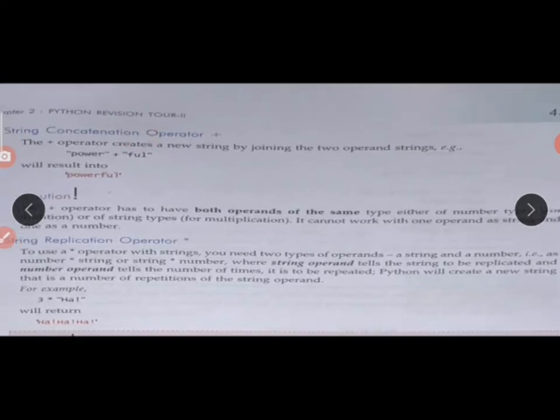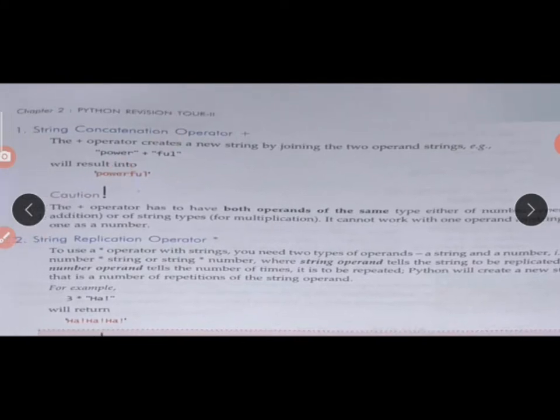Those are arithmetic operators, so the result is 'powerful'. Using the plus sign, the strings are added, whether in the form of alphabet or in the form of numbers. If you write numbers as strings, 1 plus 2, the result is the string '12', not 3. Understand?